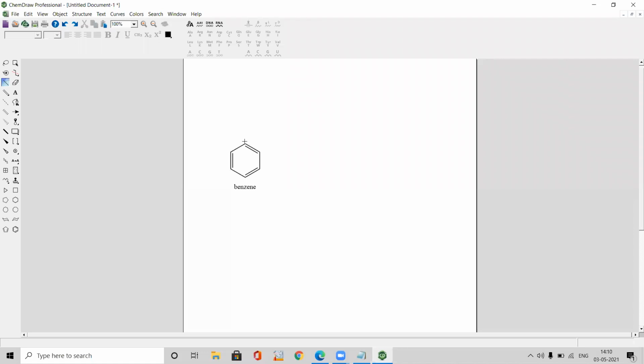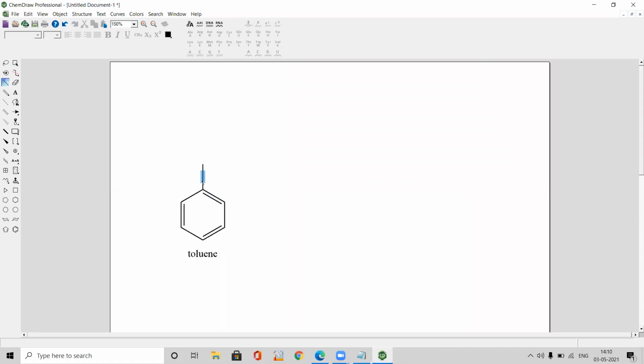Wherever you want that substitution on the benzene carbon, either this one or this one, simply place the plus cursor on the carbon, on the junction where two bonds are united. At this position, if you place the cursor, a blue color square shaped thing will highlight. Then click exactly there, and automatically a bond will be added to that particular carbon.